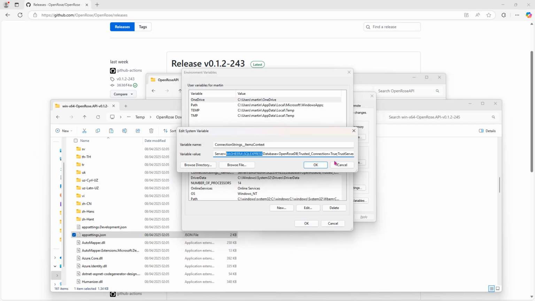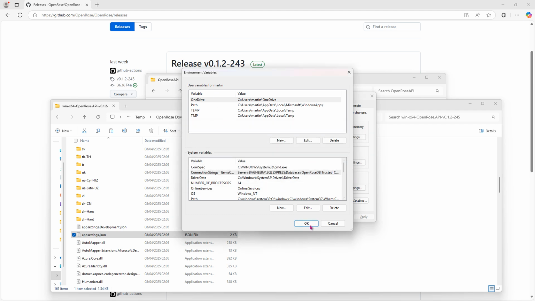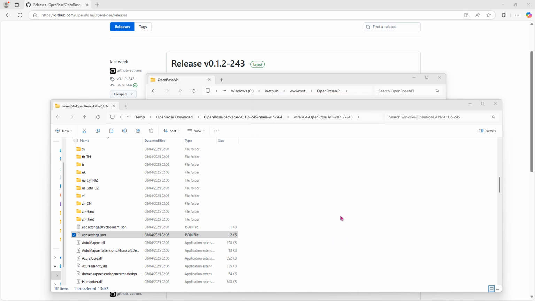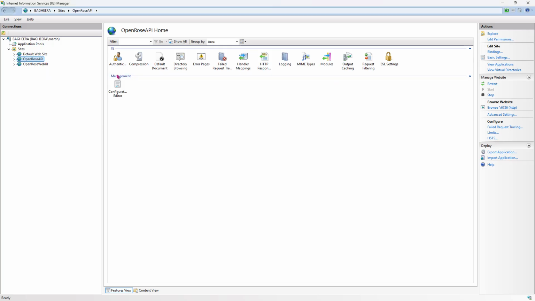Now, with those things taken care of, let's close the windows that we don't need. I don't think I need the environment variable, so I'm just going to close it. Now, as you remember, we have copied app settings for both the web UI and OpenRose API projects into the appropriate download location. What I need to do now is go into IIS and stop both applications here. I'm just going to stop the OpenRose API as well as OpenRose Web UI,